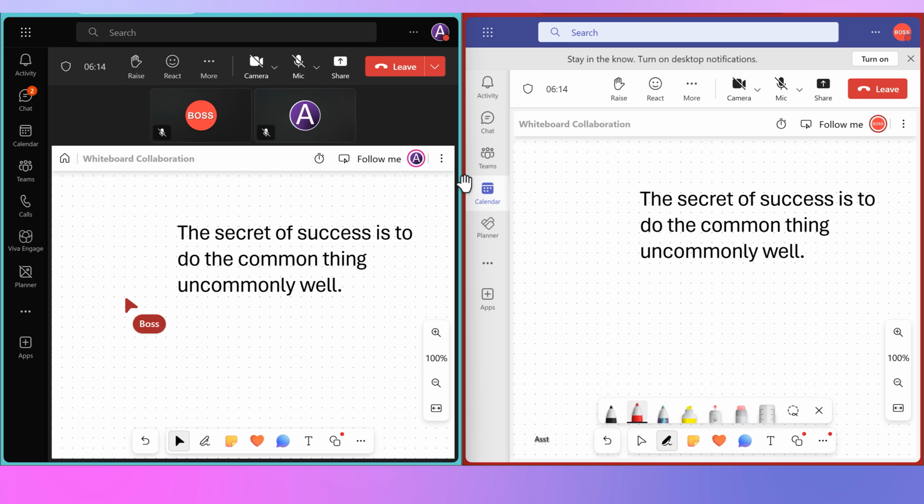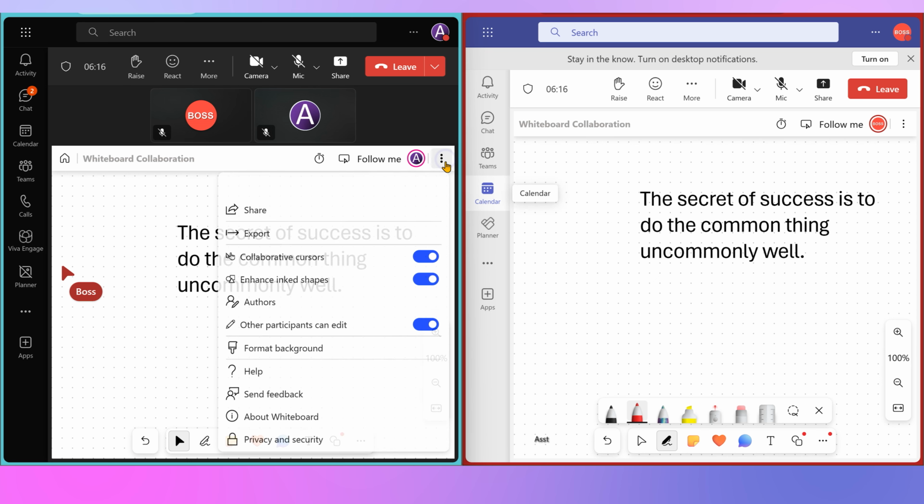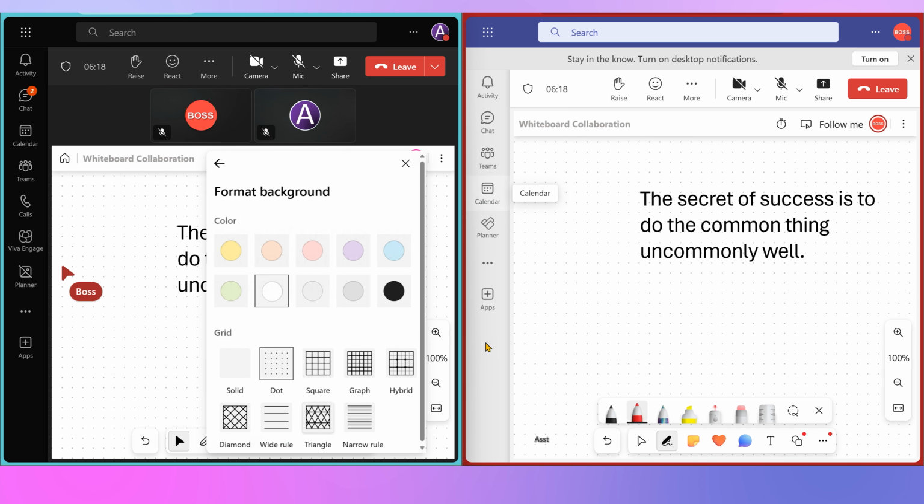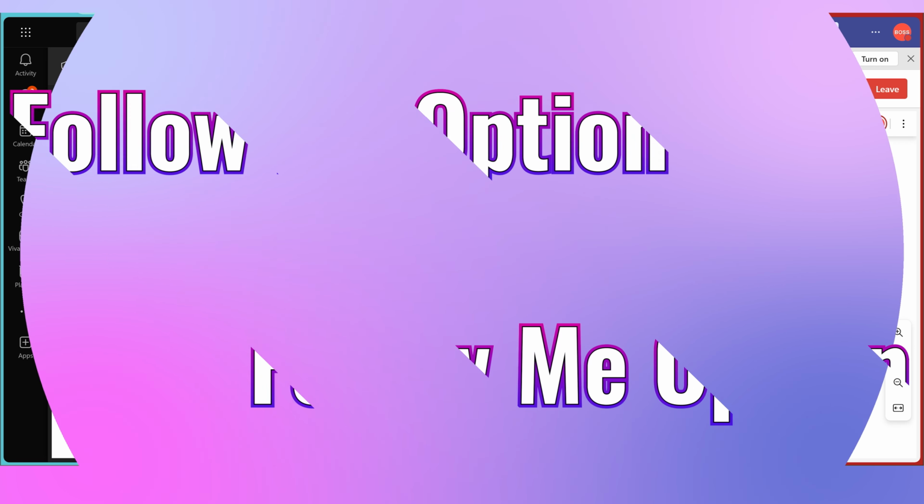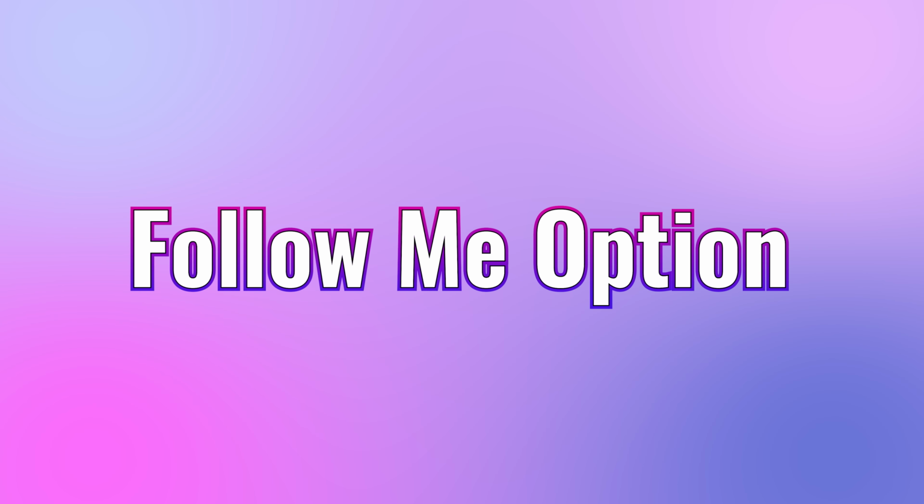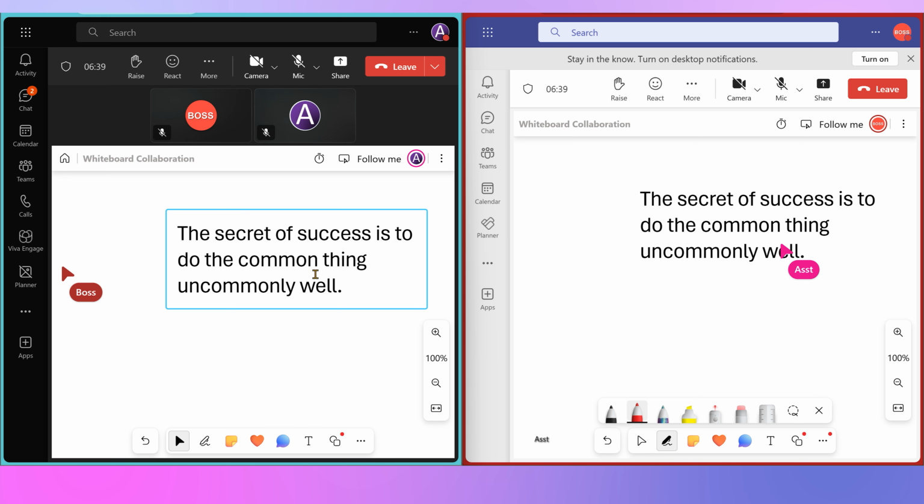Oh, by the way, let me get rid of those dots. How do you do that? Go to Format Background and instead of dots you say solid. And it becomes blank. Now one of the common mistakes presenters do is they assume whatever I am showing as